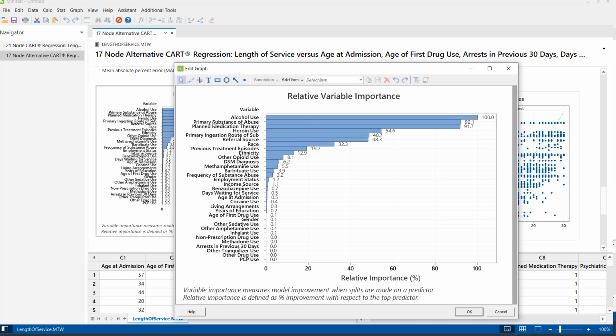Now if you see here, the primary substance of abuse and planned medication therapy are about 92% as important as alcohol use. The next one is heroin use, which is about 55% as important as alcohol use, and then the primary ingestion route of subreferral source, which is around 48% as important as alcohol use.